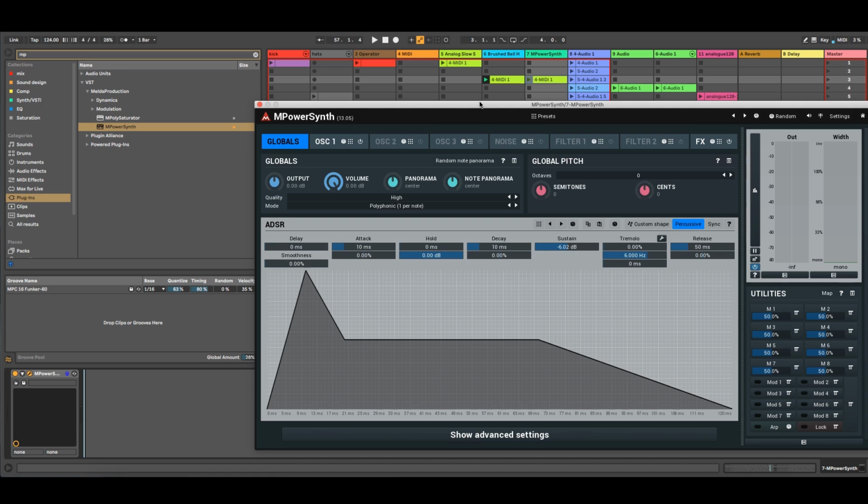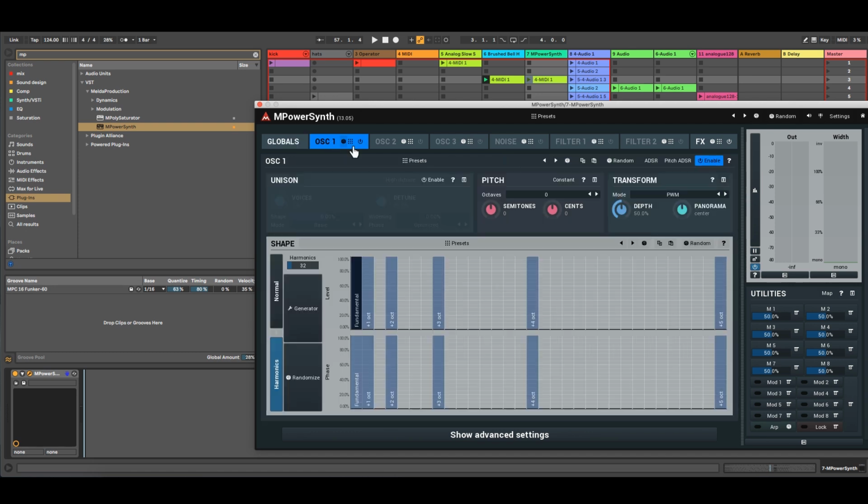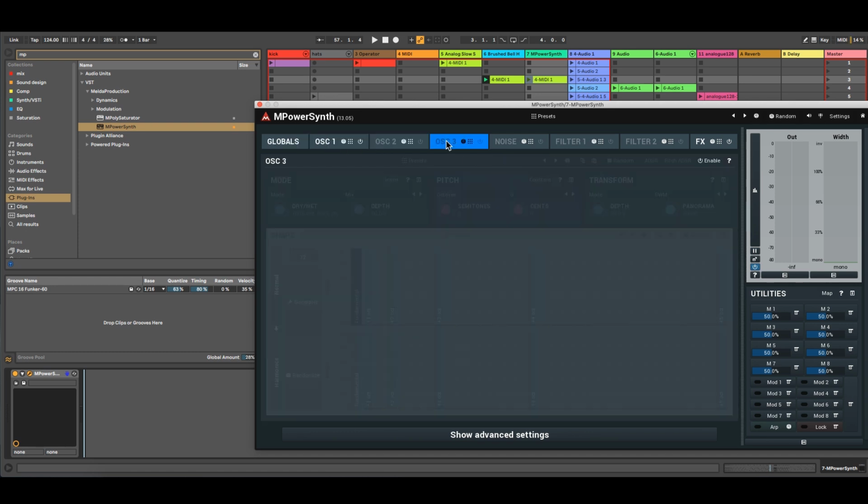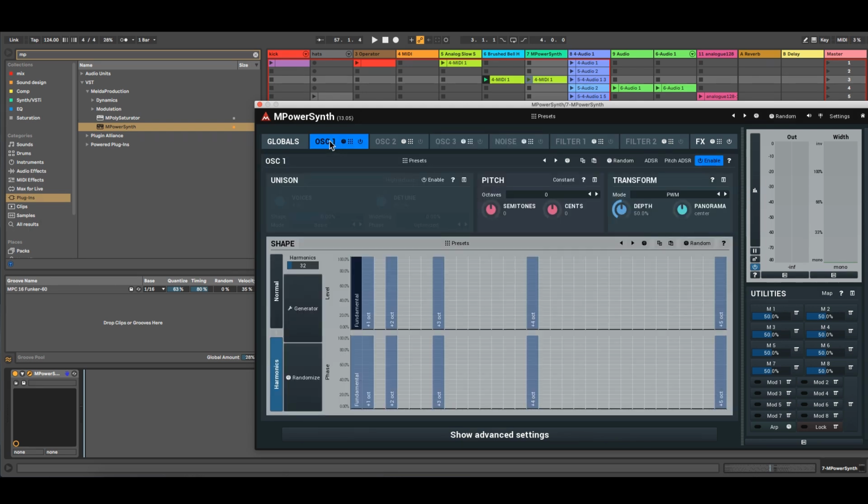I find that its power is where you can randomize oscillators and get some really funky sound design out of it, while you can also just shape it the way you want. And the presets are great.